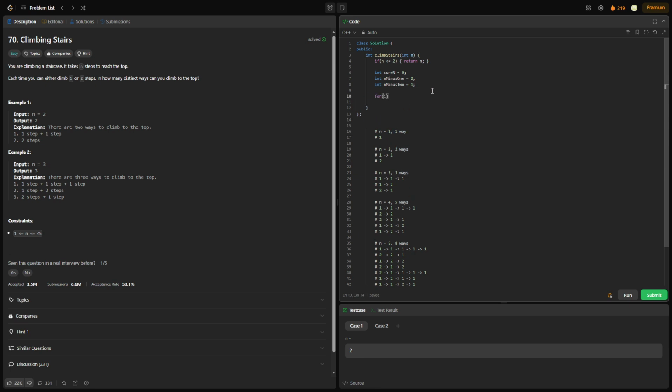So let's do this. We're going to say for int i is equal to 3, which is where we're going to start, i is less than or equal to n, because we need to include n, right? That's our input. We're going to say current n is equal to n minus 1 plus n minus 2. Okay, so now